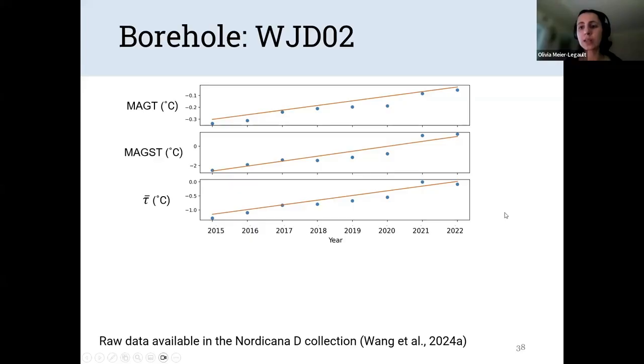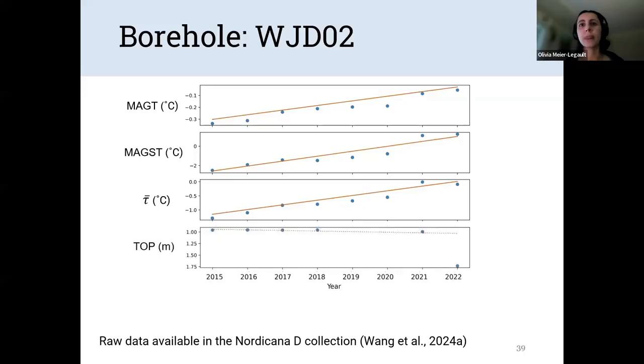So with this, you might expect that some of these sensors are no longer within the permafrost layer. And so you'd expect there to be a lowering of the top of permafrost. So here, the line that I have shown is dotted, and this is because the trend was not significant. But what you will notice is that in 2022, there is this drastic lowering of the top of permafrost. And this isn't an artifact of the data. It does seem to show this lowering. And so this lowering may not be significant, but seeing it here as well as increases in temperature across the soil profile,